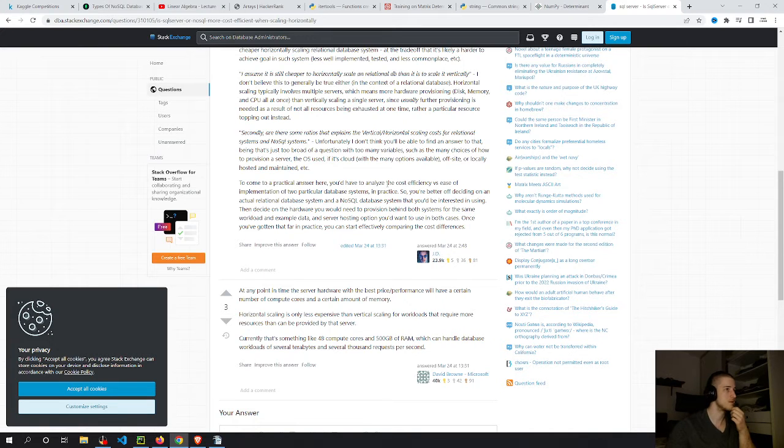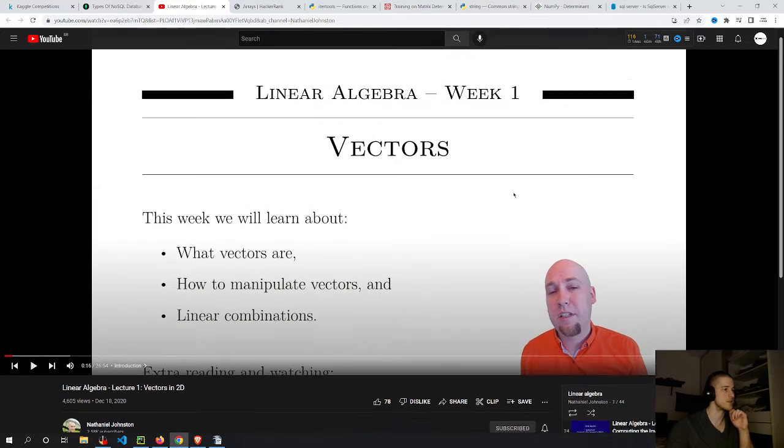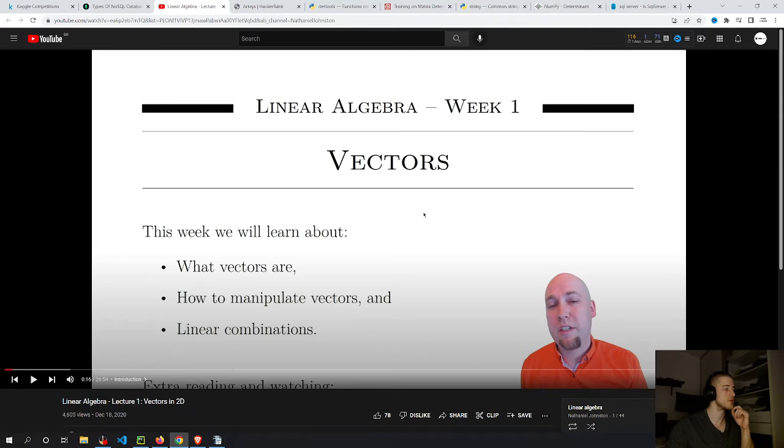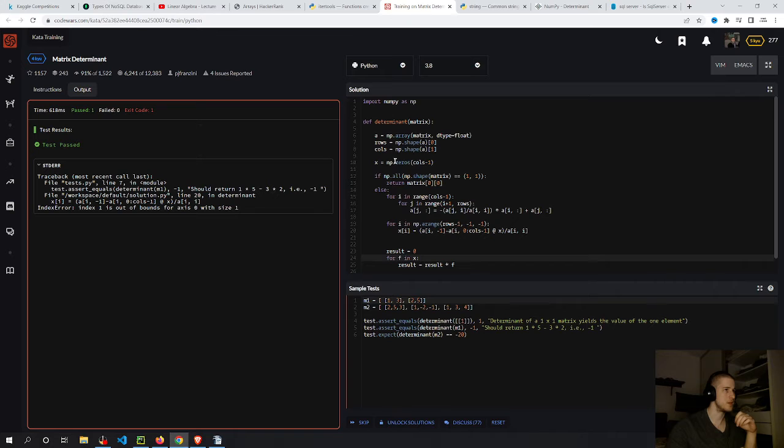I'm going to watch this playlist here in the next few days, and then I'm going to try once more to do the challenge, and if I can't do it, I'm just going to look at the solution. I've seen some solutions from other people on how the algorithm works for the Gaussian elimination, but I still couldn't figure out how to implement it here. I didn't understand this B stuff really well,